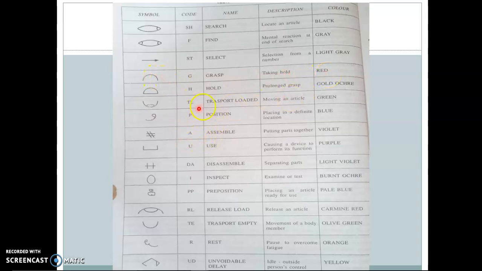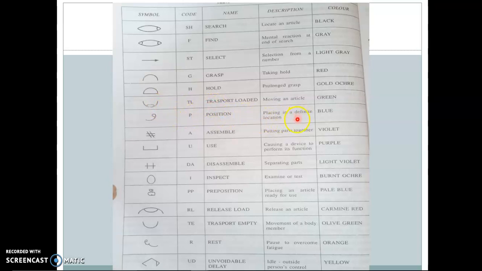So these are the set of symbols. Similarly we can go through the activities and descriptions. Transport loaded means moving an article from one place to another. At that time we use the code TL with this symbol.